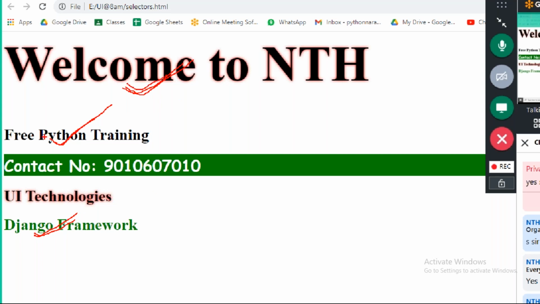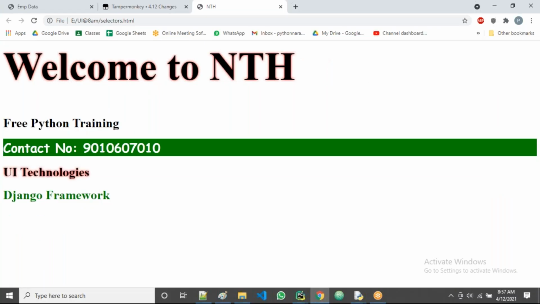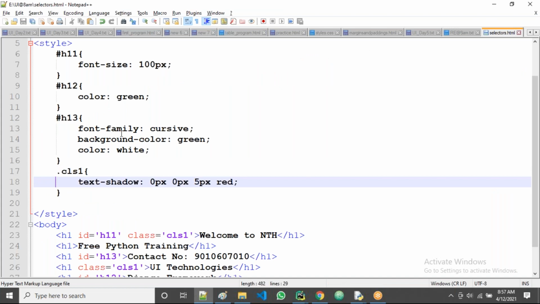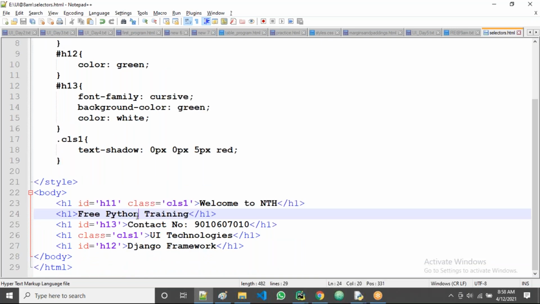For these three, I want to apply the same style, maybe an underline. So we should take one more new class for these three, because on this combination there is no class till now. One class is there, but it is for the welcome and UI combination.